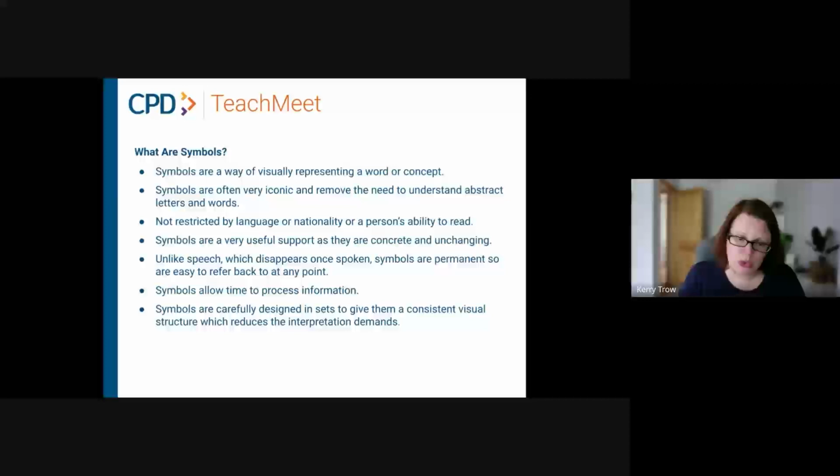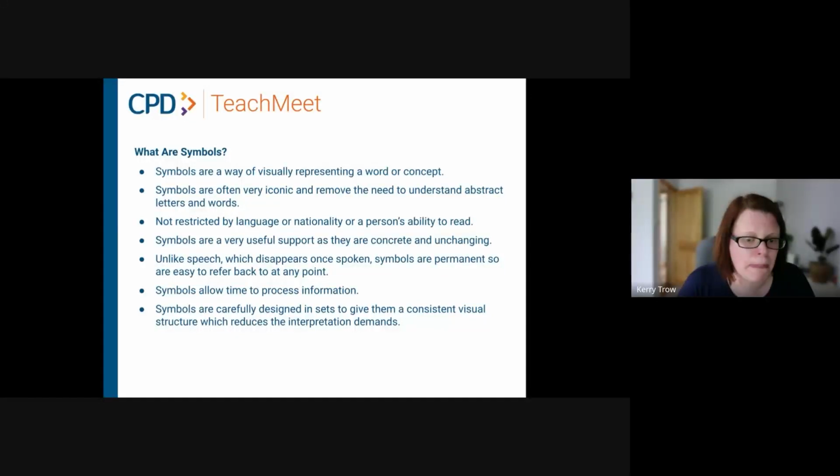If you saw that symbol, it wouldn't change. If I spoke the word telephone, then as soon as I've said it, the word has gone. But a symbol is something that we can refer back to. And sometimes having that time can really help a learner to process and understand what's being communicated. Symbols allow time to process information, so you can refer back to it. It gives you that time to think about and understand without having to get caught up in translating the written